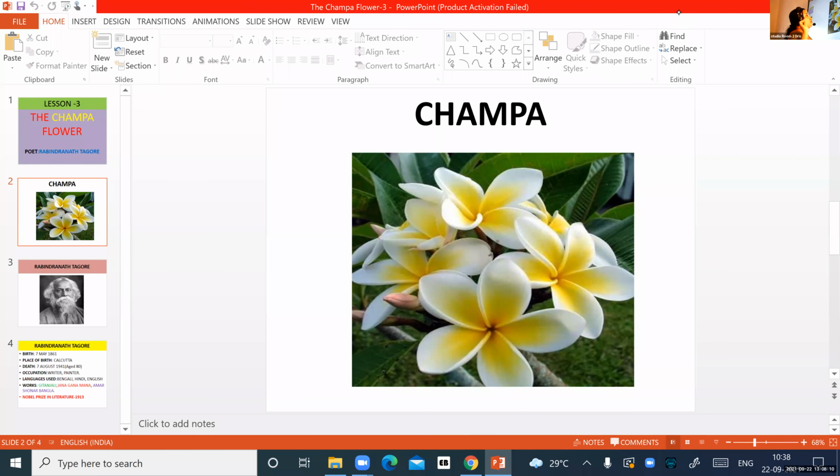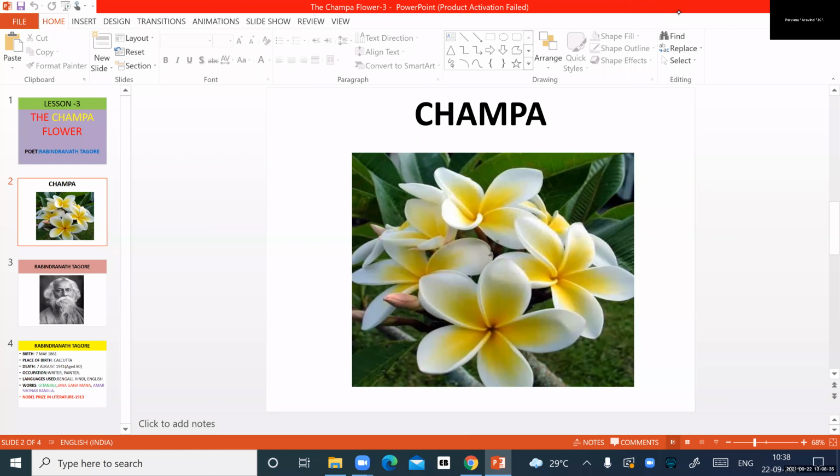Otherwise, everybody will not be able to hear. This white colored part of a flower is called its petals, P-E-T-A-L-S. Repeat. Petals. So how many petals does the Champa flower have? 5 petals.